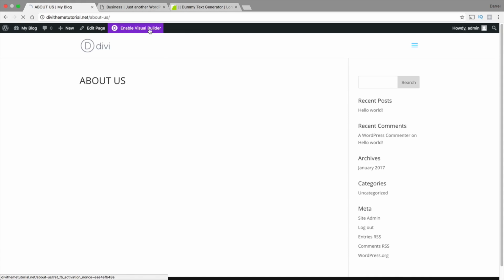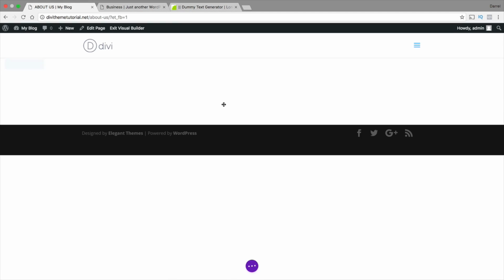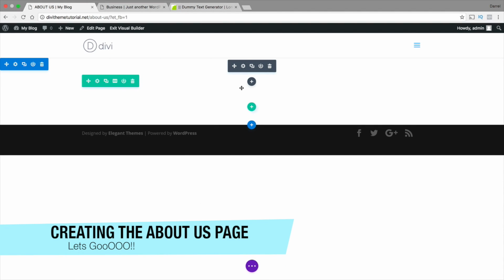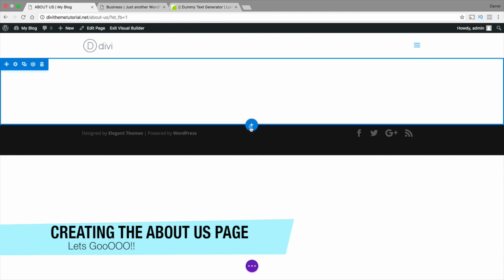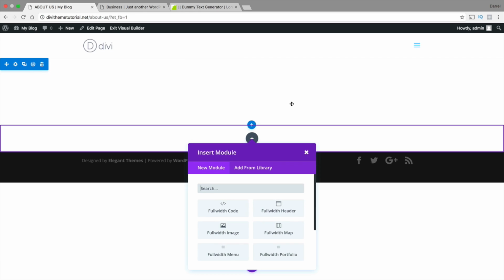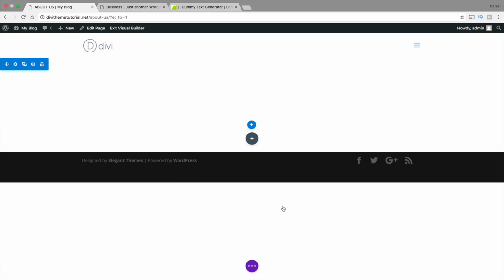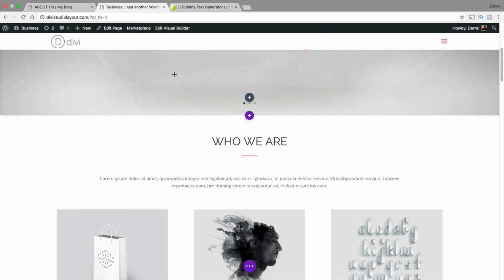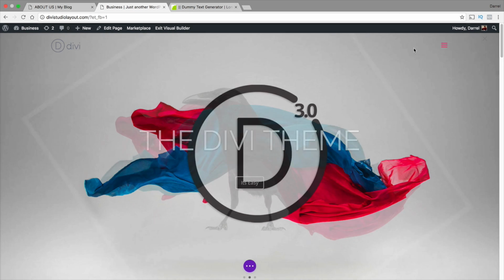So let's go ahead and enable the visual builder, and now we are going to decorate this page, all right? So here we're gonna enter in a module. We're gonna click on this little blue icon, and we're gonna do full width. And we're gonna use a full width header. Now guys, you can use different modules. You can add in a call to action. You can add in a text module,